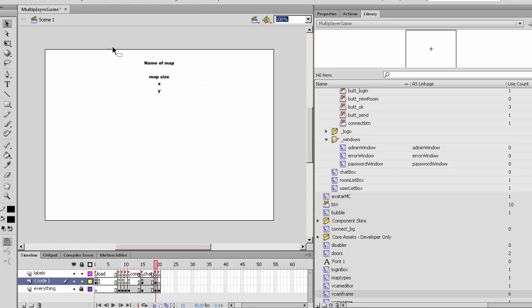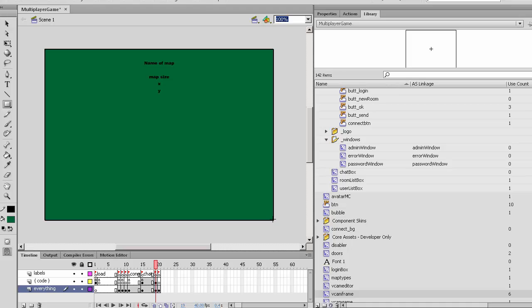So let's just make a box. I'm just making a box. That's decoration. Right, so up here